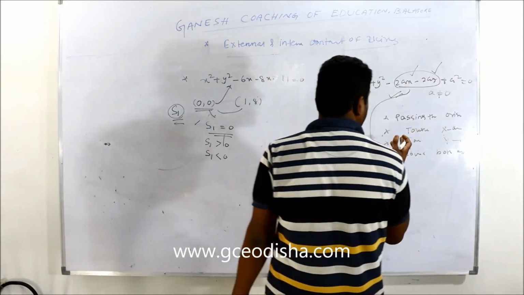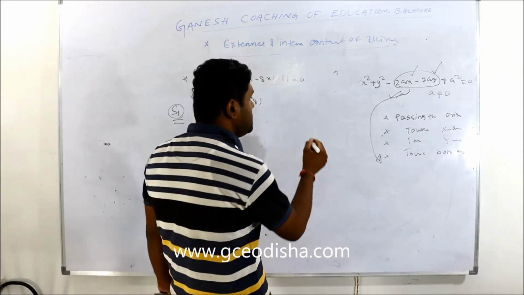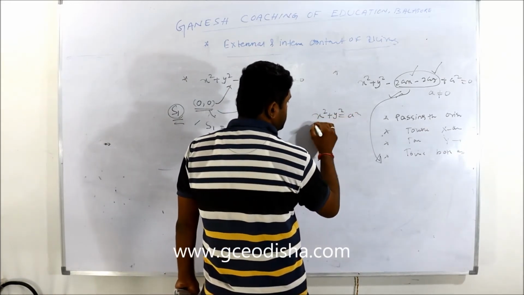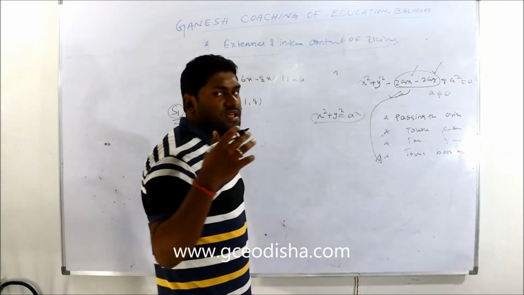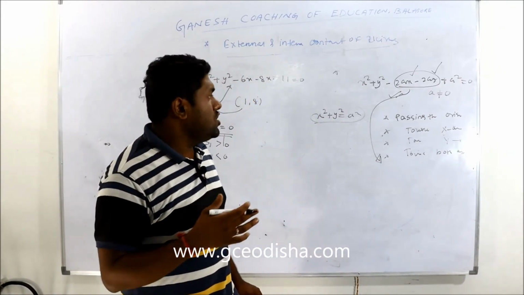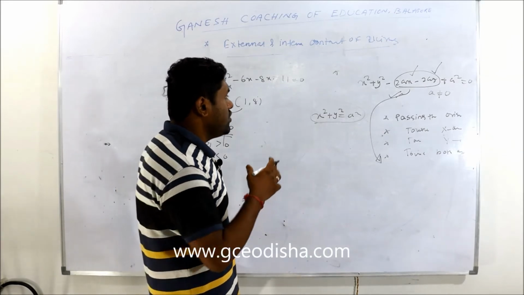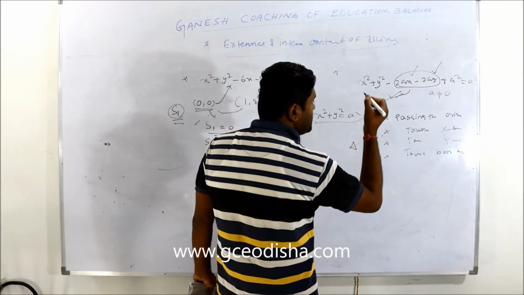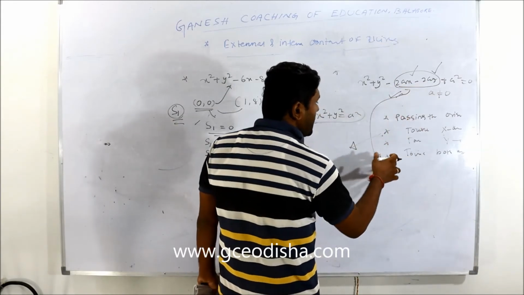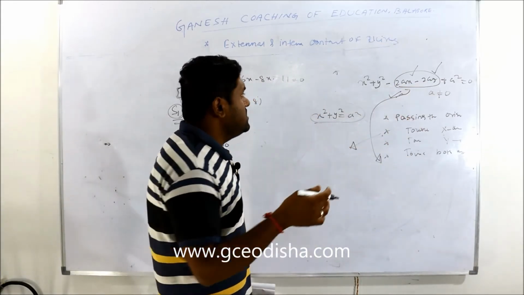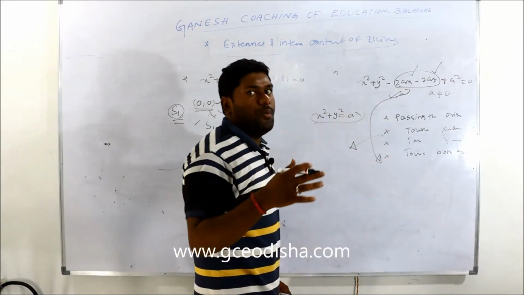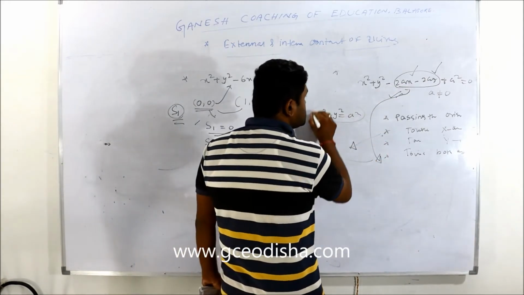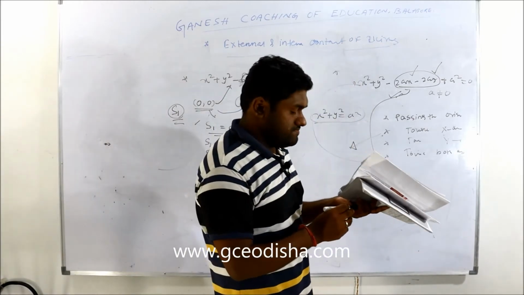How can you know it is passing through the origin? When the constant term is equal to a square, this type of equation comes, and it neither touches the x-axis nor the y-axis. The origin is (0, 0). When it touches the x-axis, then the x term is coming. When it touches either the x or y-axis, then the x or y term will come. When it touches both of the axes, then both the x term as well as the y term will come.